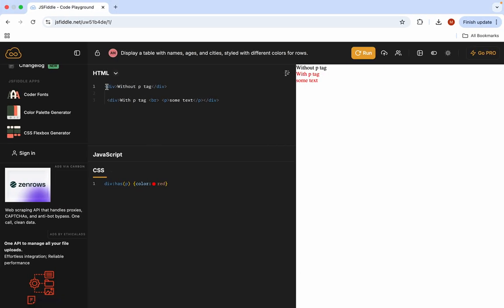Here is our HTML code again, in which we have two div tags. One of them has no p tag, and the other one has a p tag inside. And here is our div rule, which says: select the div tag that has a p tag and change its color to red. So when you run this code, what we will see is that the one that doesn't have a p tag will be black, the default color, but